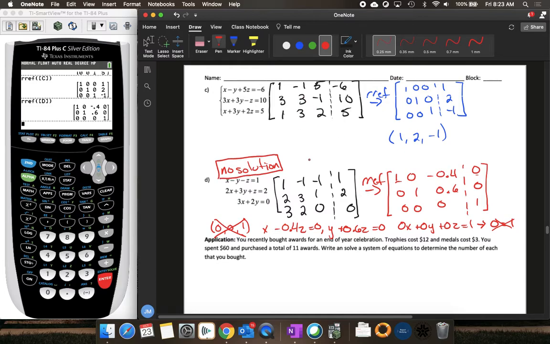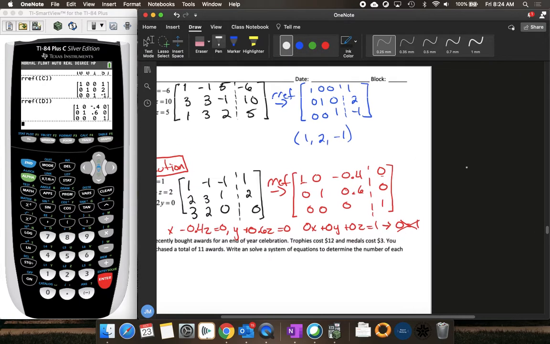Now, in a similar way, you can also have an infinite number of solutions. So if you remember back to our very first day of this unit, we talked about the different types of solutions, whether you got no solution, one solution, or infinitely many. Obviously, one solution is where you end up with an ordered pair or an ordered triple. No solution is where you end up with something like this. The last thing that you could possibly have, and I'll just write it as a smaller matrix over here to the side,